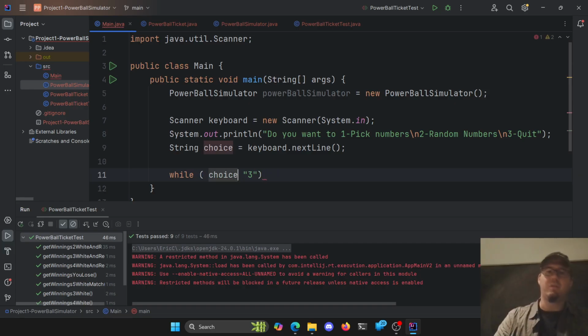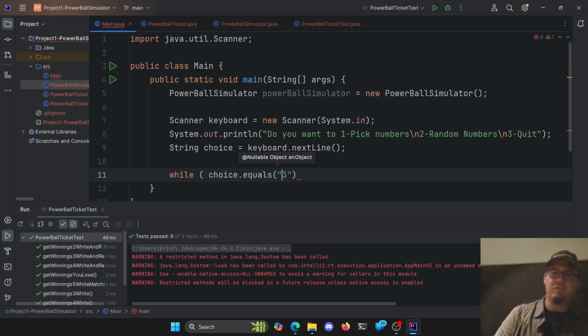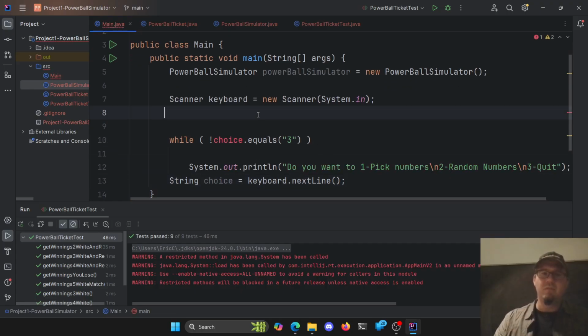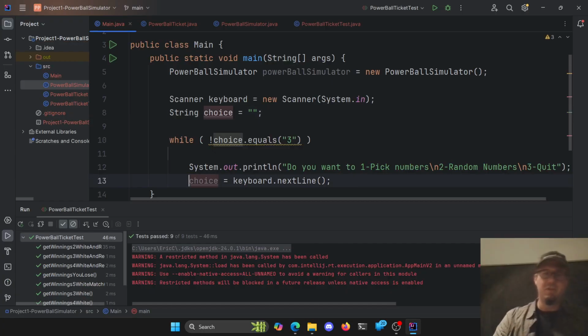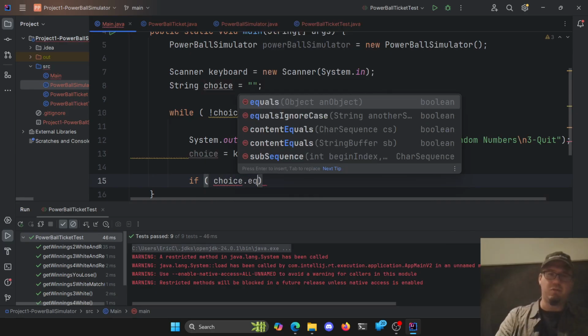Oh, but we shouldn't compare this way, right? Dot equals. Now I don't even care about ignoring case, right? Because it's numeric values, which is nice here. Well, it doesn't equal 3 here. Let's keep on going. So maybe I even set choice above, right, to something that's not 3. I don't know, equals anything other than 3 is fine, right? We'll go pick something here, get a choice, and then if my choice is 1, dot equals 1,